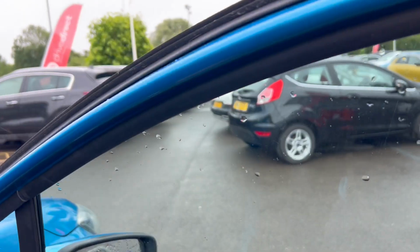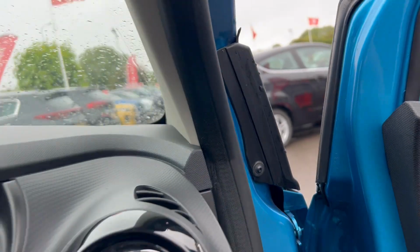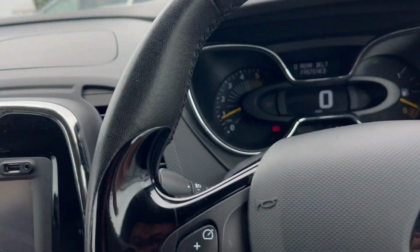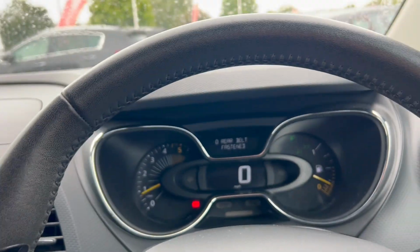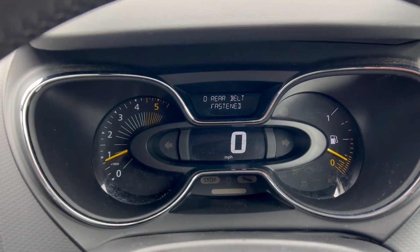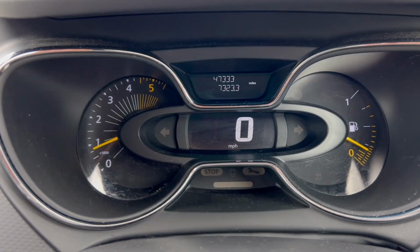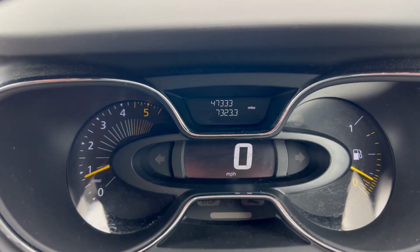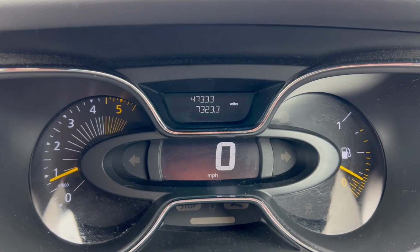And yeah, again, electric window works nice. So let's hop in. Guys, I've not done any cleaning in here. Usually I'm quite obsessive with doing a bit of pre-prep for these videos, so yeah, this is exactly how it's come to us. So we don't want to fasten seatbelt. There we go, there's the mileage. So we've got no warning lights, and we've got a mileage of